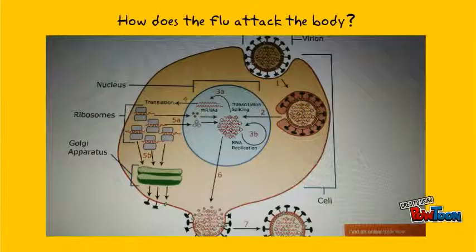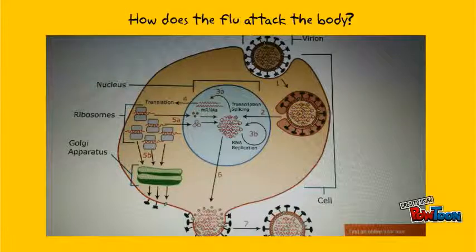How does the flu attack the body? First, the virus binds and enters into the host cells. The hemagglutinin binds onto sialic acid sugars on the surfaces of epithelial cells, typically in the nose, throat, and lungs of mammals and the intestines of birds. The virus imports the RNA genome into the cell through endocytosis.